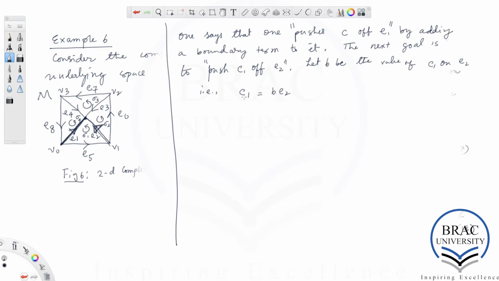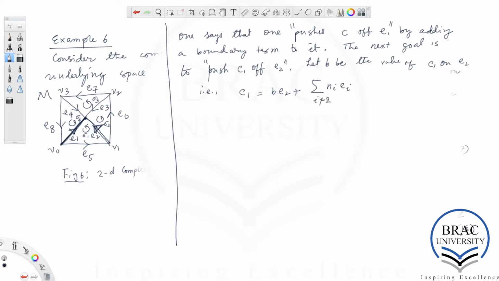That means that the value of C1 on this oriented one simplex E2 is B, plus sum of all the expressions Ni, Ei, where I is not equal to